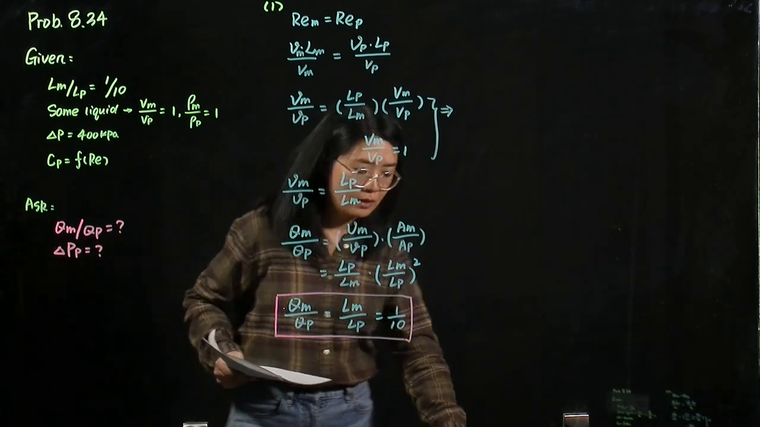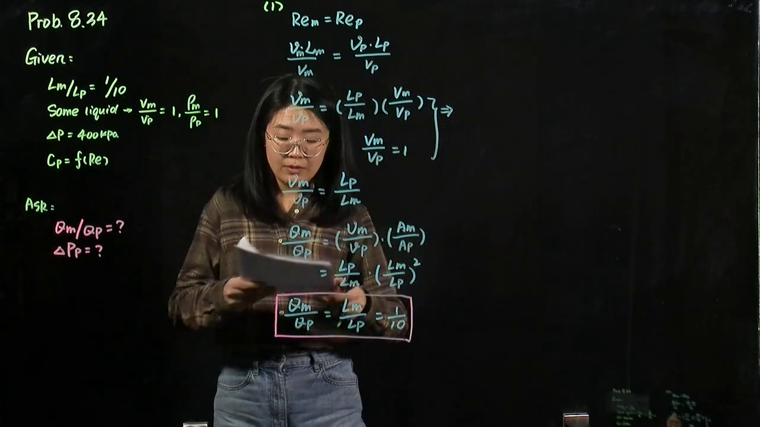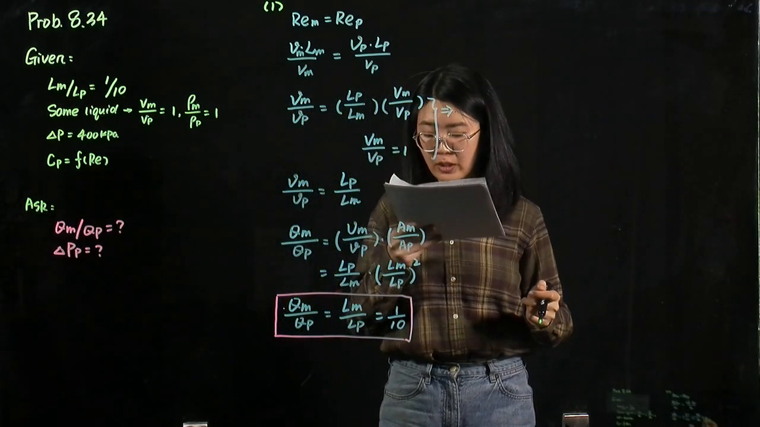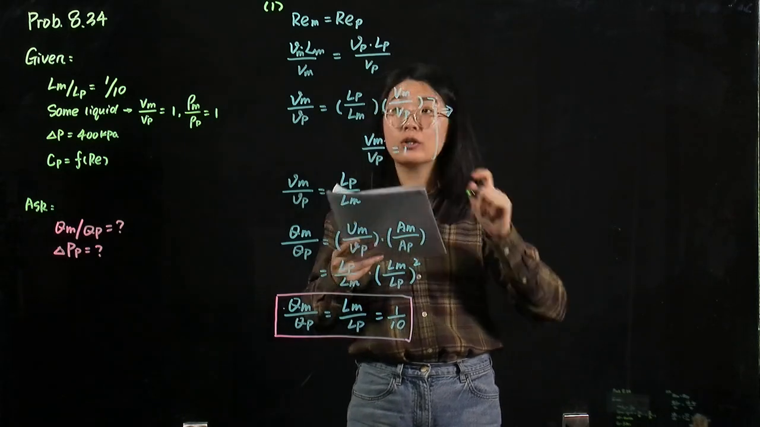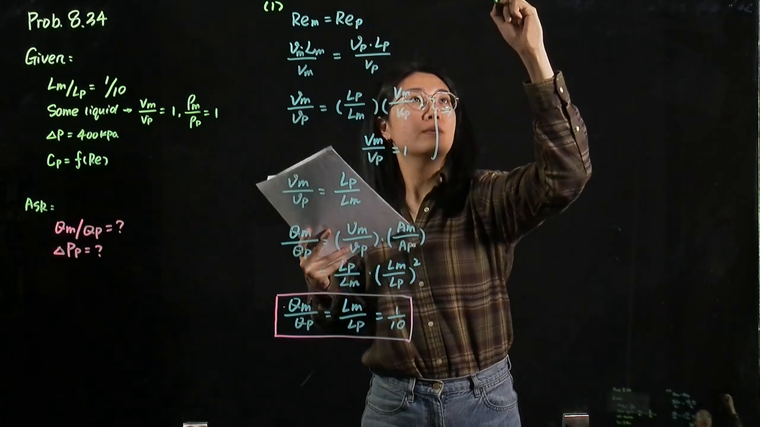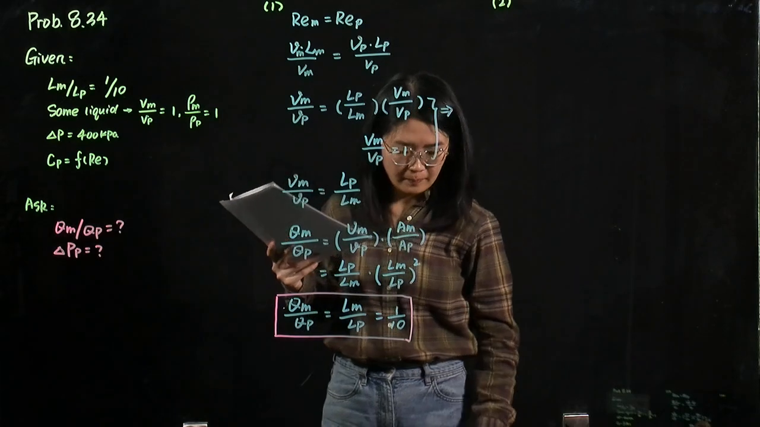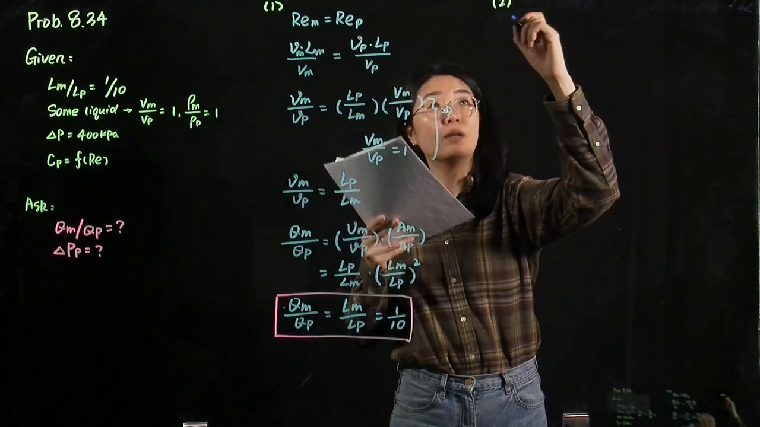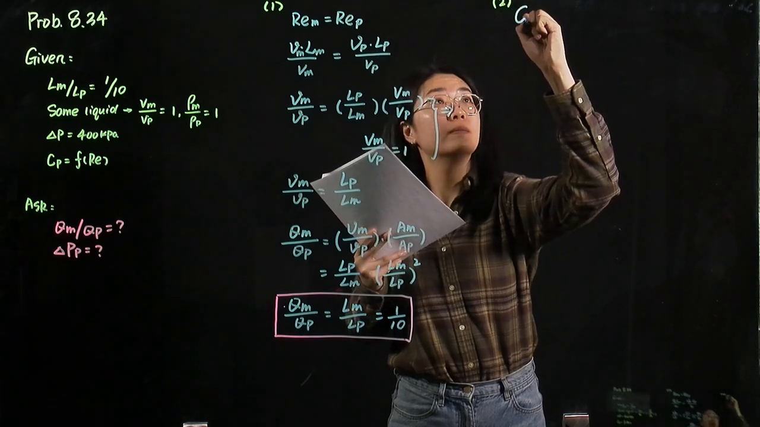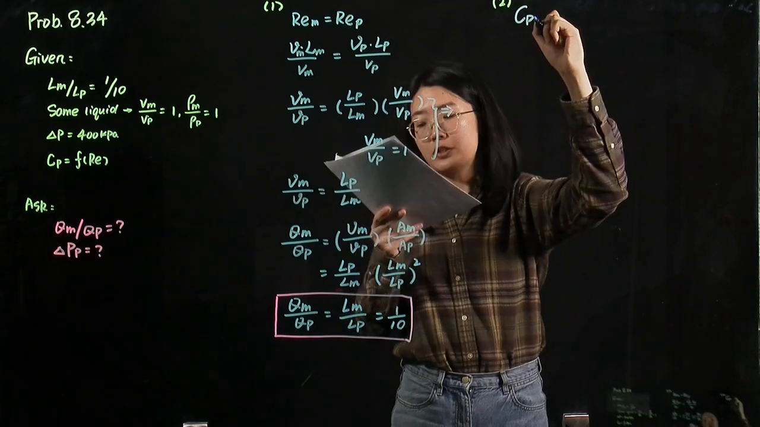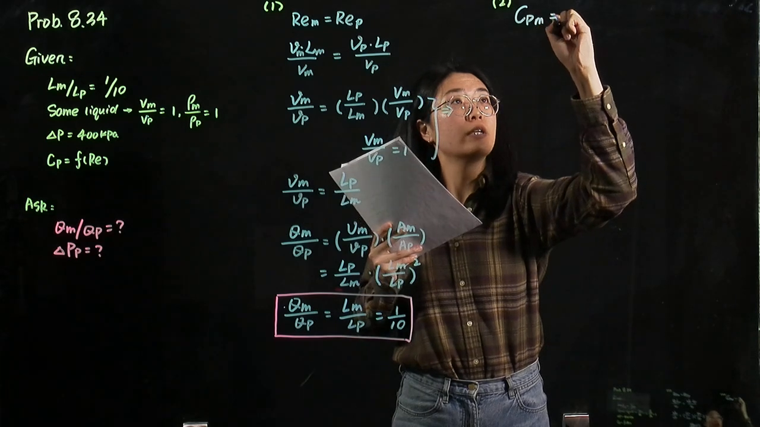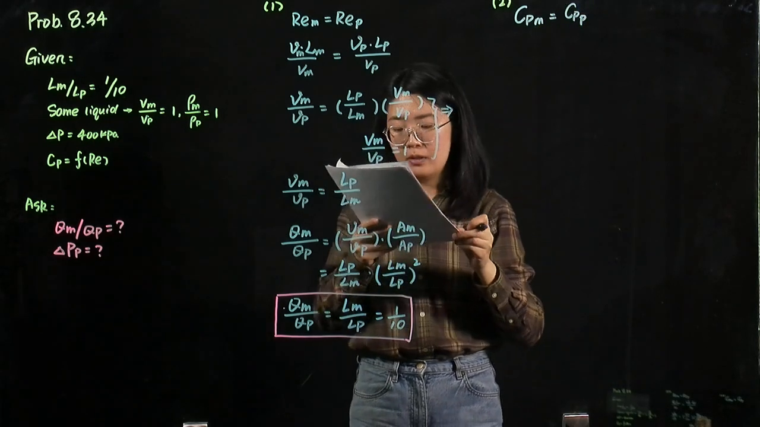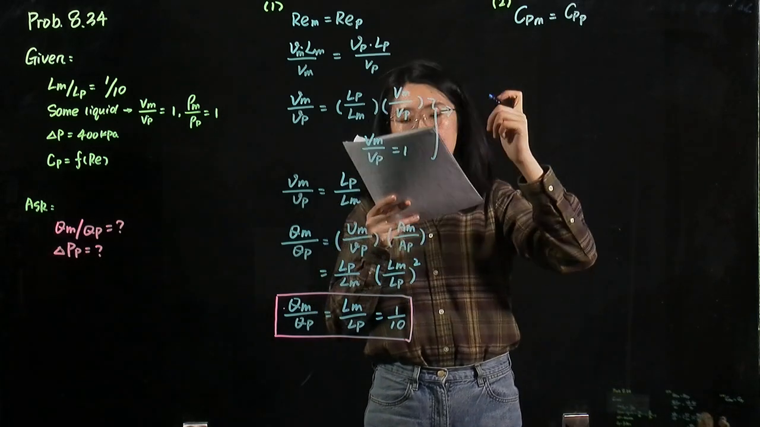Now we solved the first question. So the second one, we want to find the pressure by equating the pressure coefficient, right? So the pressure coefficient in the model should equal the pressure coefficient in the prototype. So the pressure coefficient equals